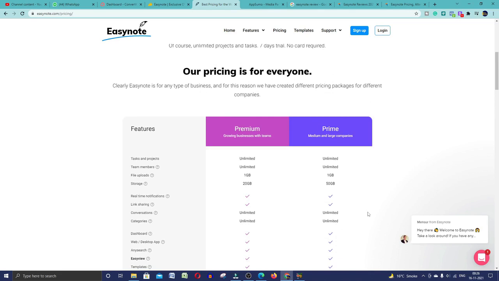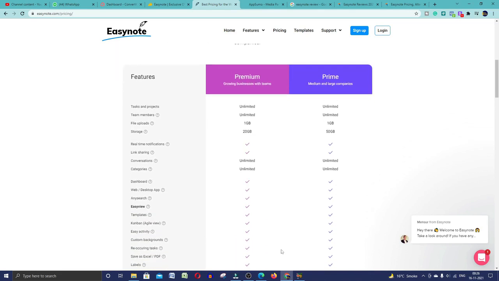And if you talk about the EasyNote pricing overview, they have two pricing plans. One is Premium, the second is Prime. If you go with the Premium plan, first of all, we will talk about what you can do in this tool.